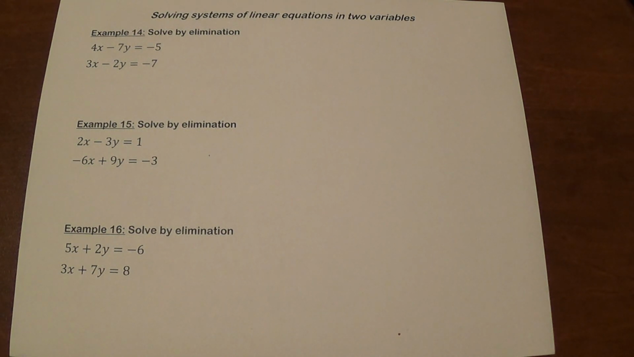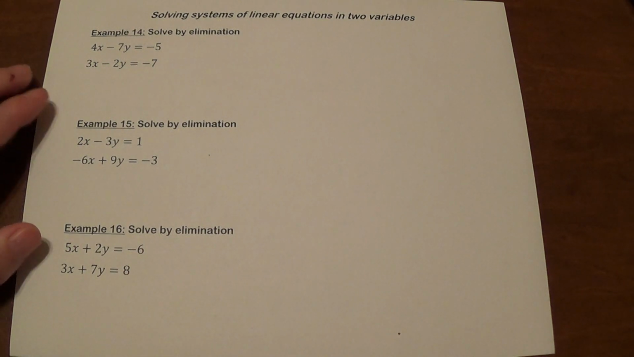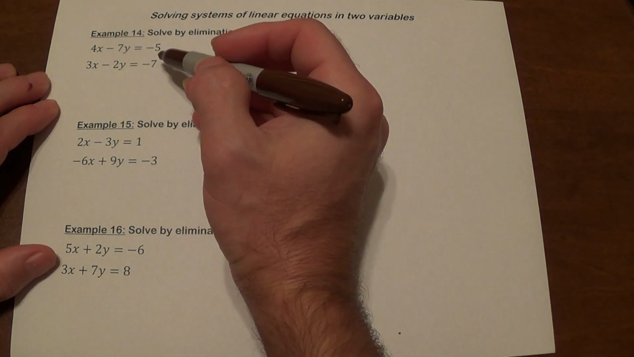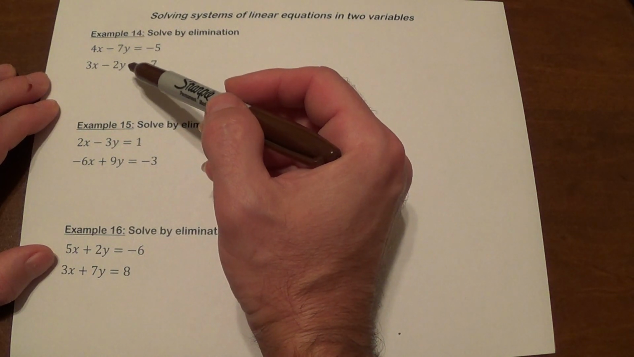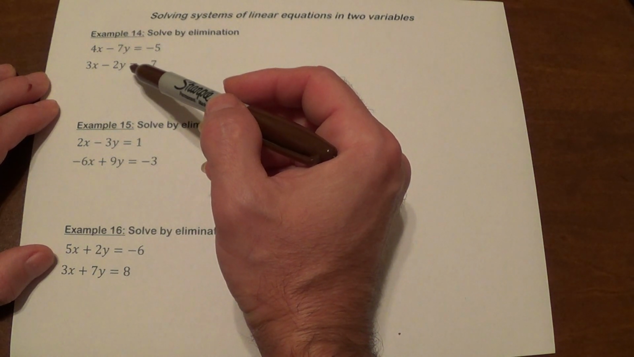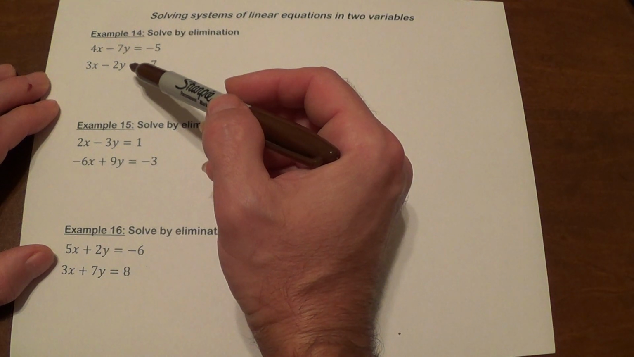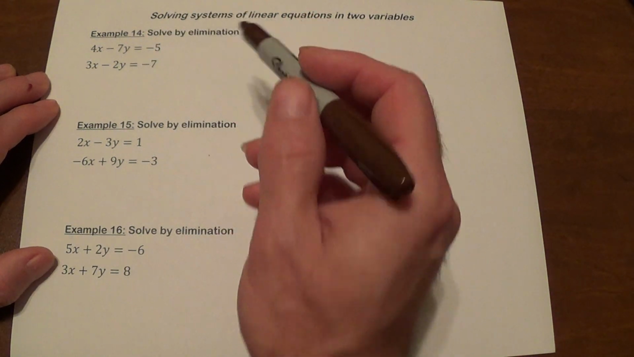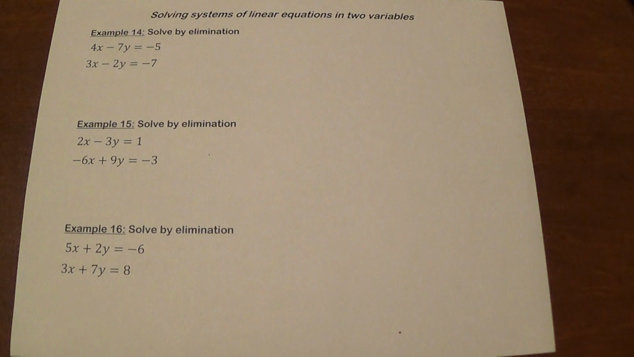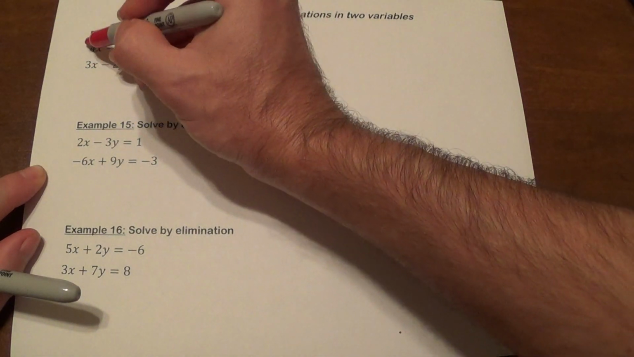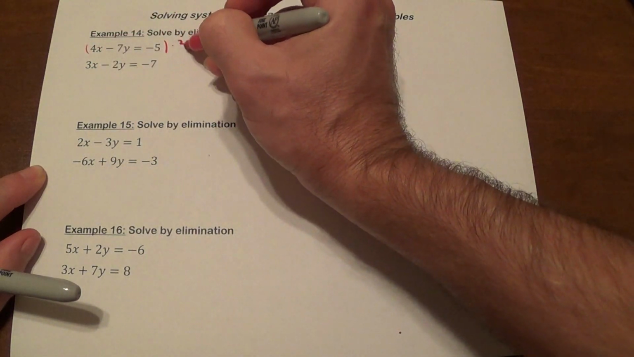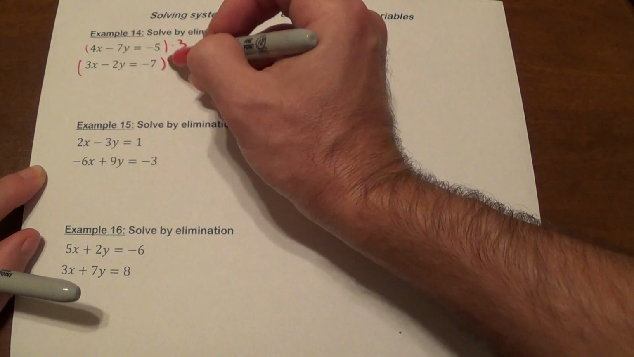Elimination. This is a situation when you cannot multiply one equation by something to make them equal. So in this case you're going to have to multiply both equations by some number to be able to eliminate something. If I look at the first coefficient, this was 4, this has 3. So if I multiply the first equation by 3 and I multiply the second equation by 4,